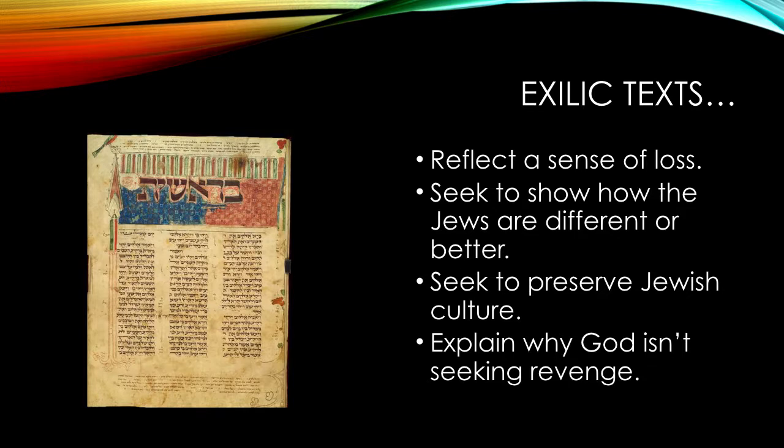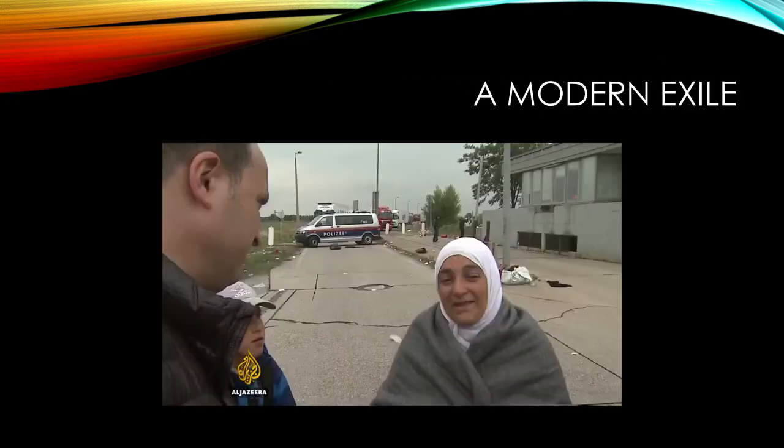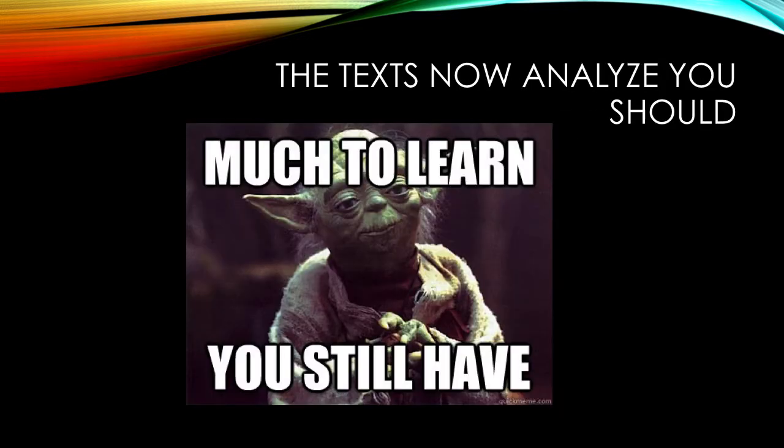They would have, of course, wanted God to punish the Babylonians for the terrible things they had done, but that wasn't happening, and so they need to explain that. If you look at the next couple of pages of your packet, you'll see that we did some examples. We looked at some examples to try to see how that sense of loss was present in the story, how the attempt to preserve the culture was present, etc. If you would do the next page, and if you do have any questions, make sure you ask me them before the test. But, all right.